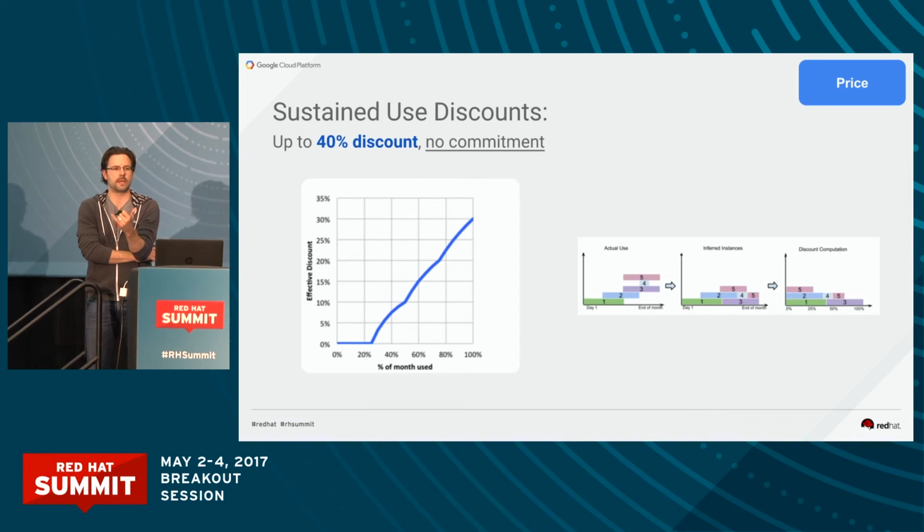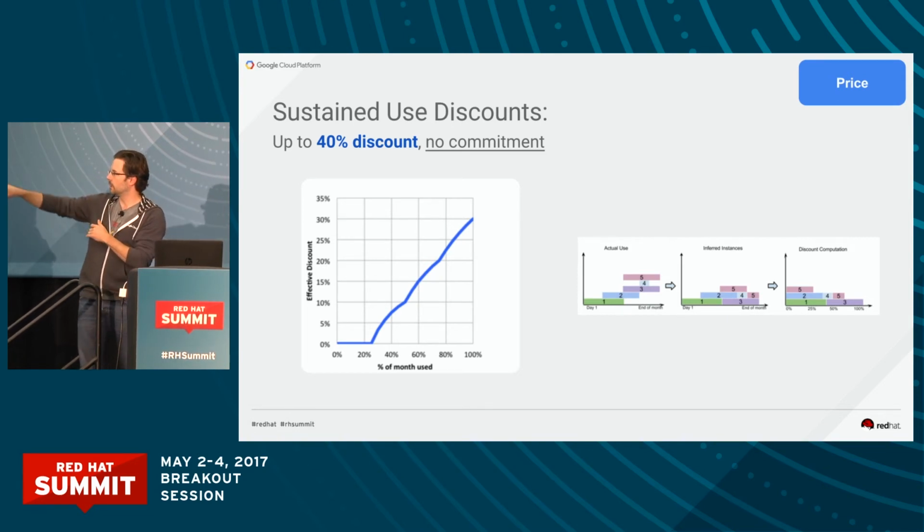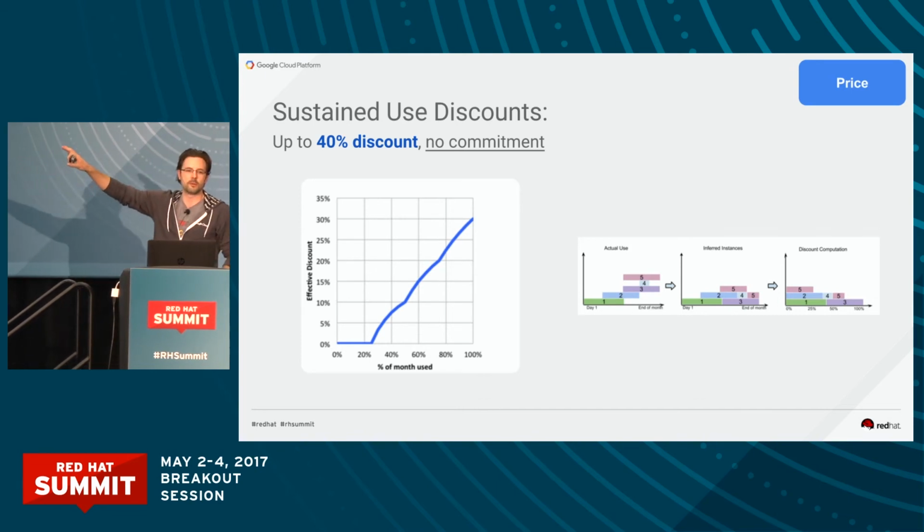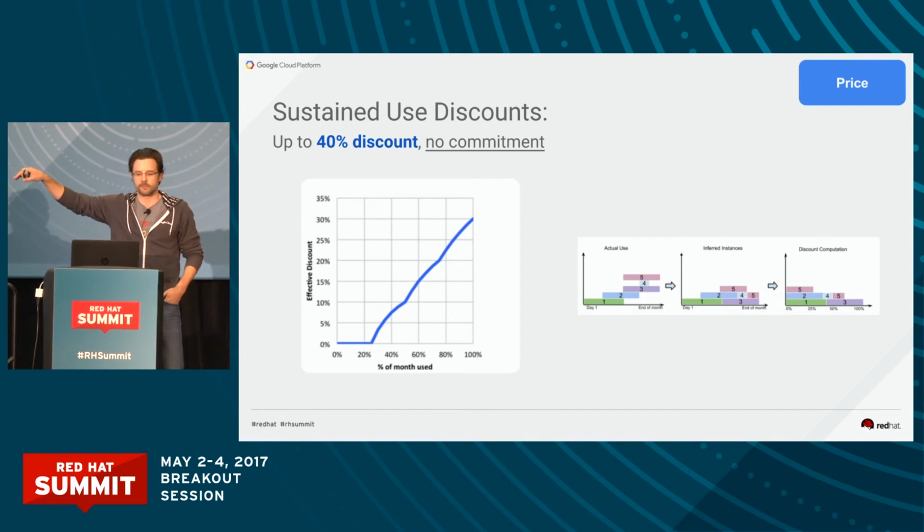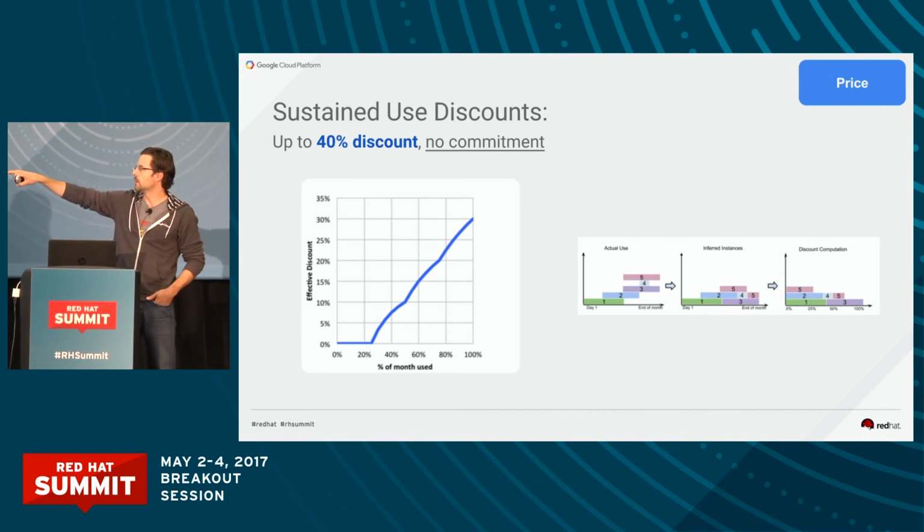But what happens if you're doing a bunch of test dev, right? In that case, you're going to have a bunch of, say, 4U instances. You turn them on, you turn them off, turn them on, turn them off. If you look at the Tetris chart here, those are each for perhaps a 4U instance that you've turned on and off, 4 different ones, 5 different ones. That's your actual use. That's what it would look like if you were paying per VM.